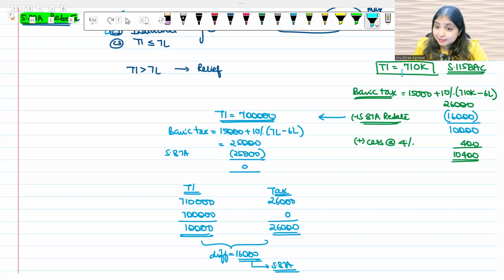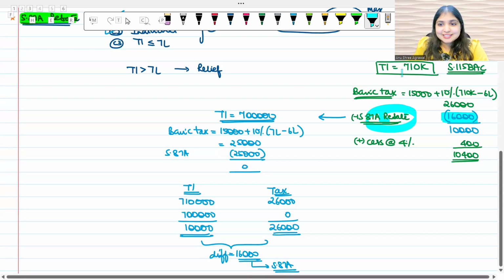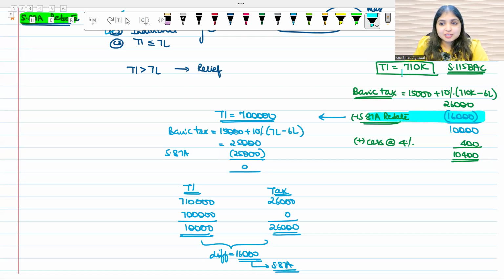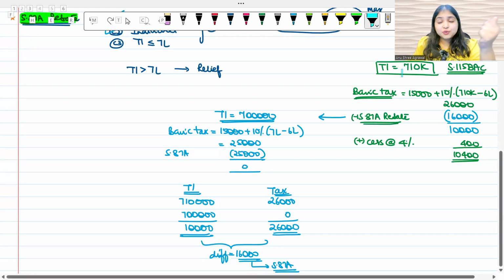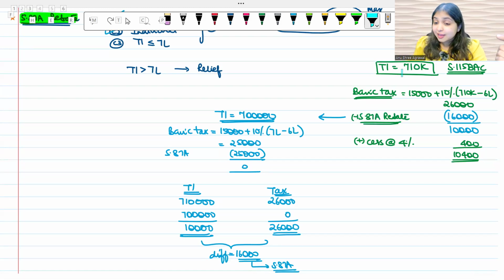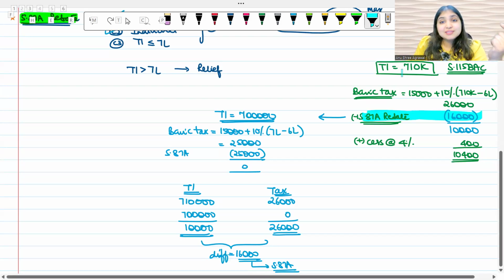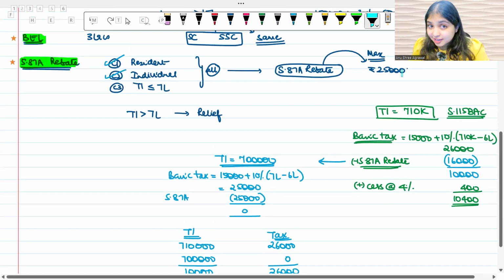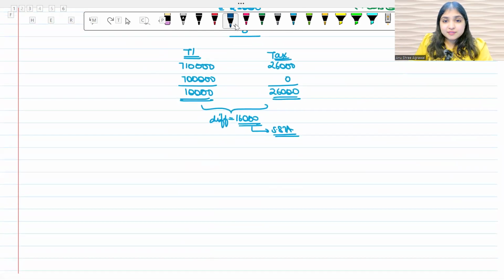And one more thing. This is also called rebate only. You're understanding. You will not call this relief with respect to rebate and all. One student had asked about this, so I'm getting reminded. You will still call this also as 87A rebate only. All right. We are using the word relief because I'm just trying to connect this whole calculation with the calculation that we do under marginal relief. But even this is going to be called as 87A rebate only. All right. You got it right? Under 115 BAC, even if your income is more than 7 lakhs, you may still have 87A rebate because of this relief kind of calculation. Okay, this was our 87A rebate discussion under